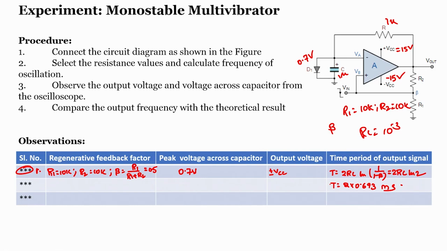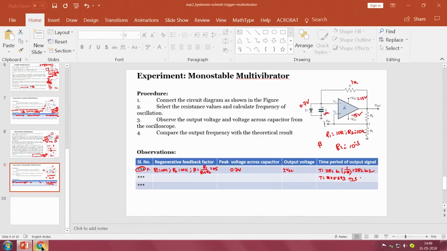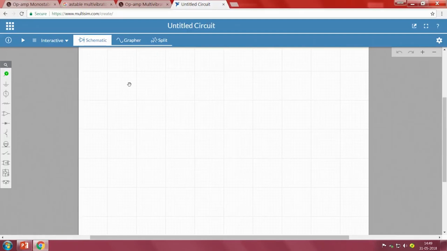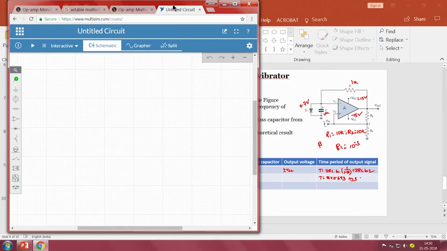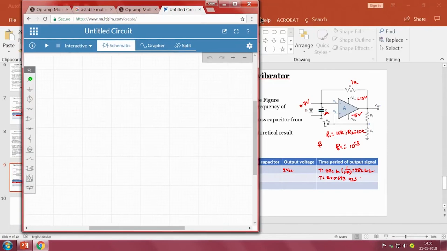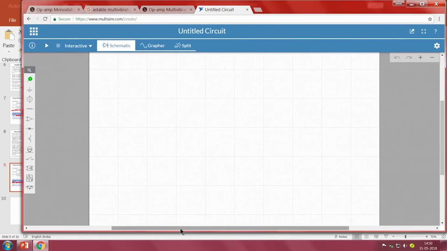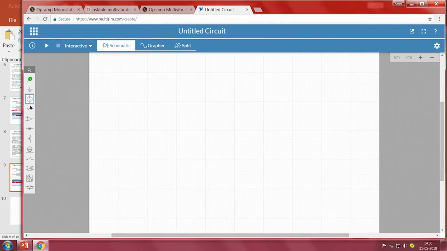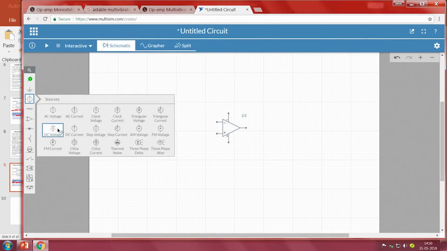Clear? Now we will see the simulation, how it works, and then we will go back to our experiment too. So, I will go with the simulation now. How will the circuit be? First, I will go to op amp and select it, and I need to give the power supplies to that. So, I will go to DC voltage,